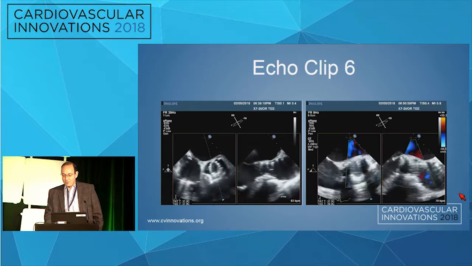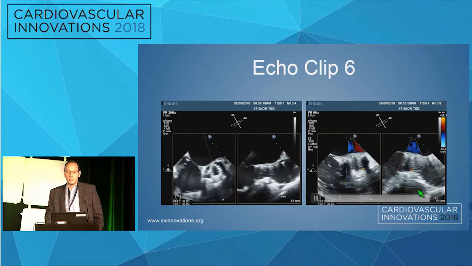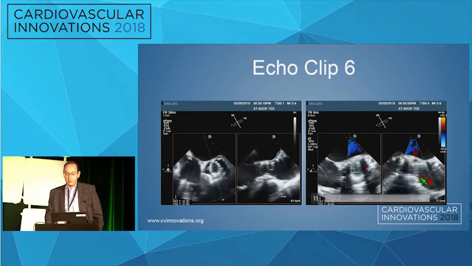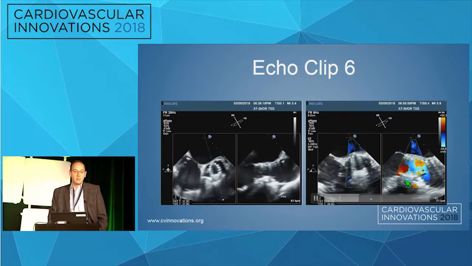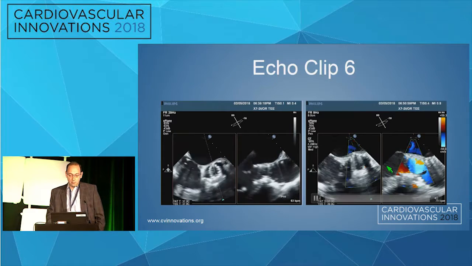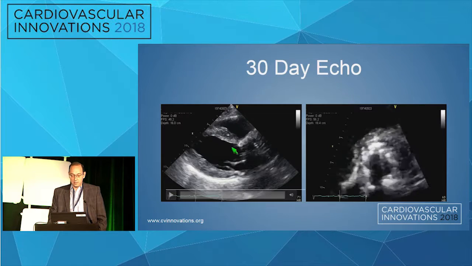The echo gradients were single digit. We dipped into the ventricle, and we got a mean gradient of 8, and trace to mild perivalvular leak. So at that point, we were extremely happy. The patient improved significantly, creatinine normal, decannulated the following day, got extubated in a couple days, and was discharged 5 days later. At 30-day follow-up, his mean gradient was 8, he had trace AI, his ejection fraction, I'll show you,